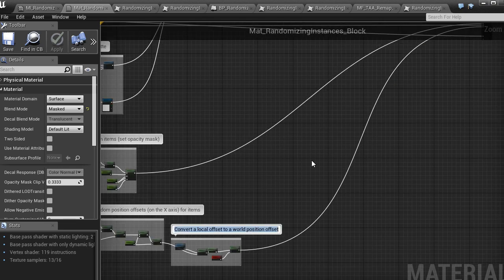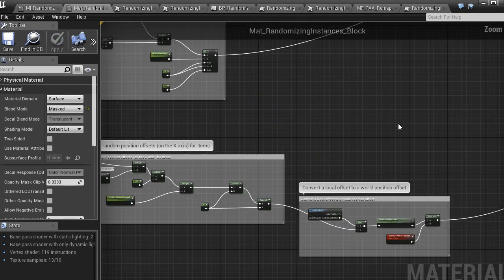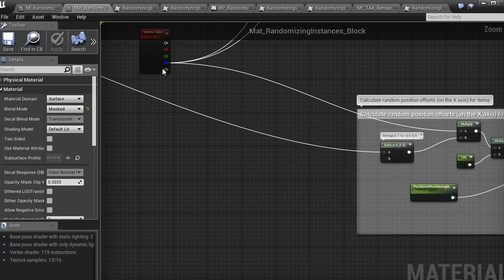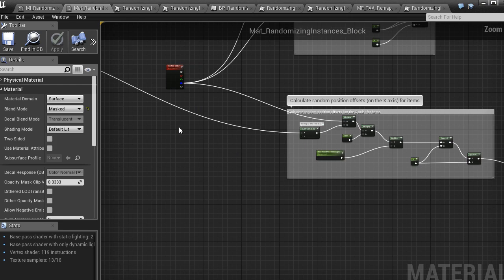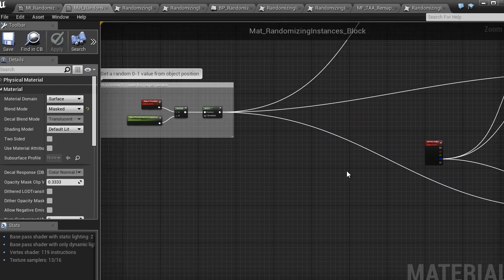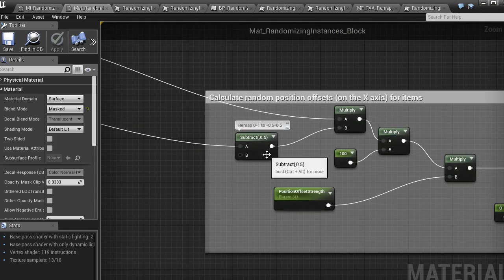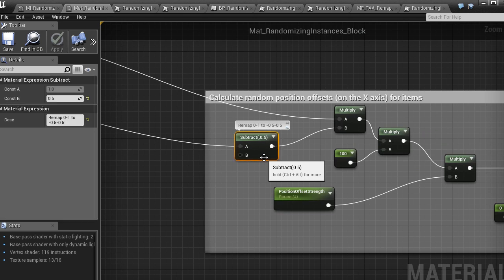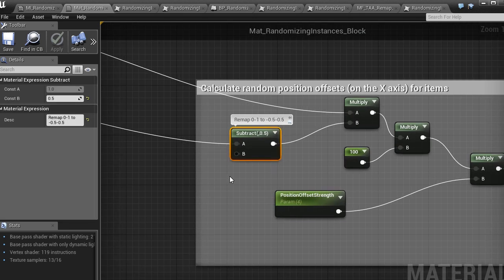Now the final feature is moving the items in the x-axis randomly. So again, I take the blue channel of the vertex color, or I take this random number, and first thing I want to do is to take the number which is between 0 and 1 and make it between -half and half. So scaling it, multiplying it, will always be done from the center of 0.